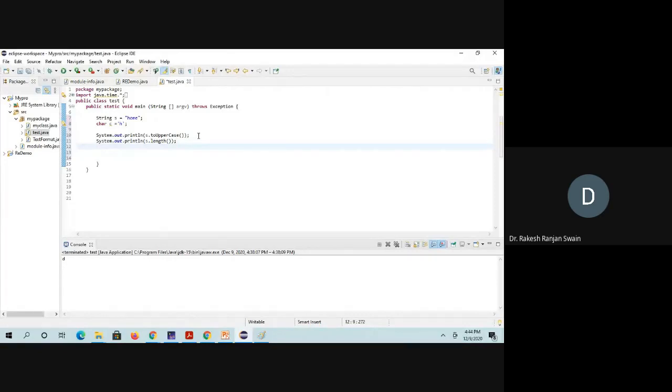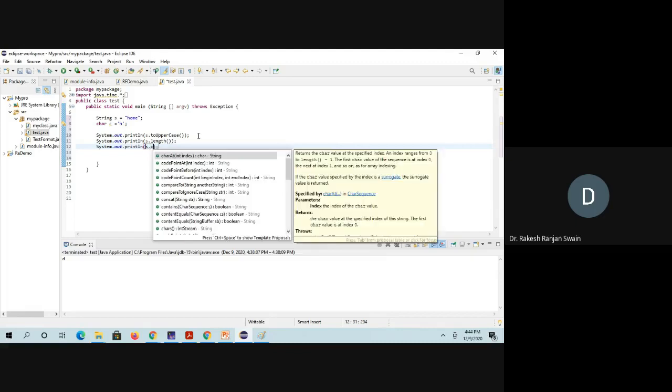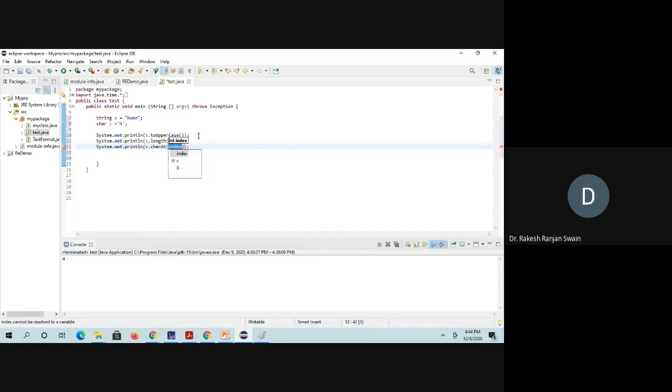Again I call s.charAt(0). So in the output, the first case gives the uppercase of the string, next it returns the length of the string, and next it returns the character at index 0.